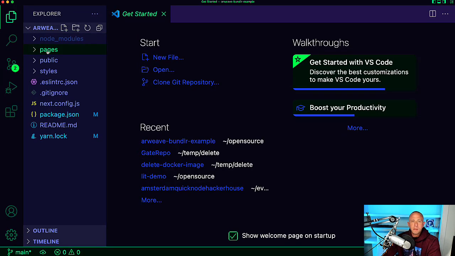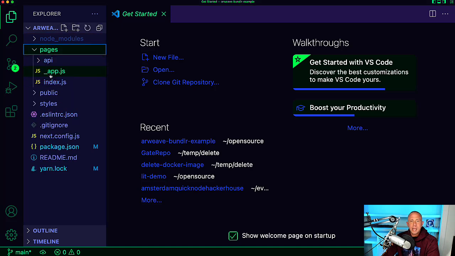All right, so the first thing that we might want to do is to initialize a new instance of Bundlr, which basically means that we need to sign a transaction that allows us to interact with the network. And then from there, we can add additional features. So to get started with that, we're going to go into